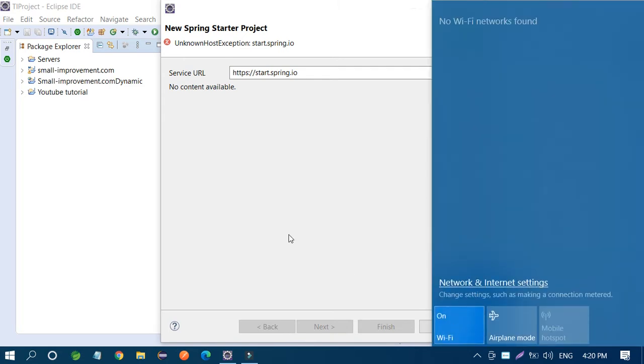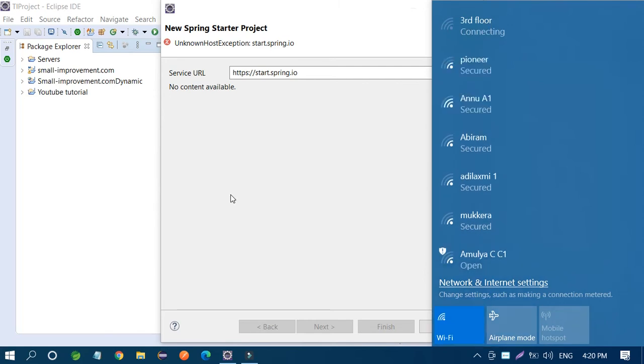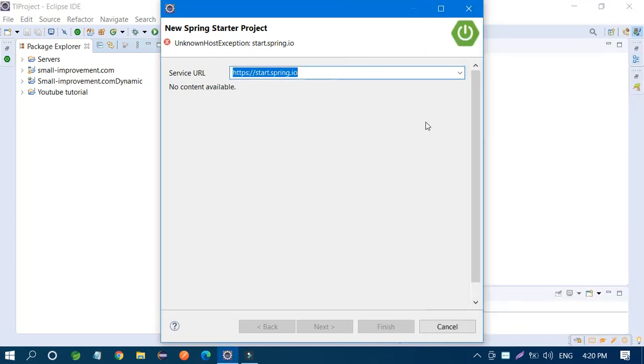So definitely you need a net connection, then only you can create a Spring Boot application. Connect your computer or laptop with Wi-Fi, then you are able to create your Spring Boot project. Okay, I hope you got it.